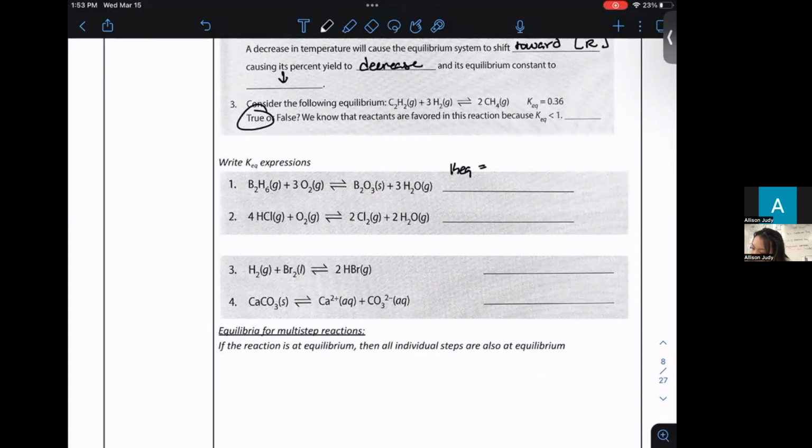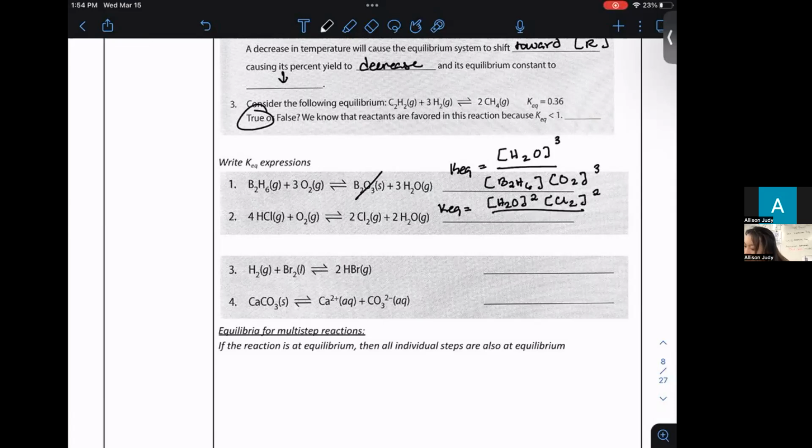KEQ is equal to the concentration of H2O gas. It's not a liquid, so we do include it, cubed. We do not include B2O3 because it's a solid. All over the reactants, B2H6 and O2 cubed. KEQ here is going to be equal to H2O squared times Cl2 squared, products over